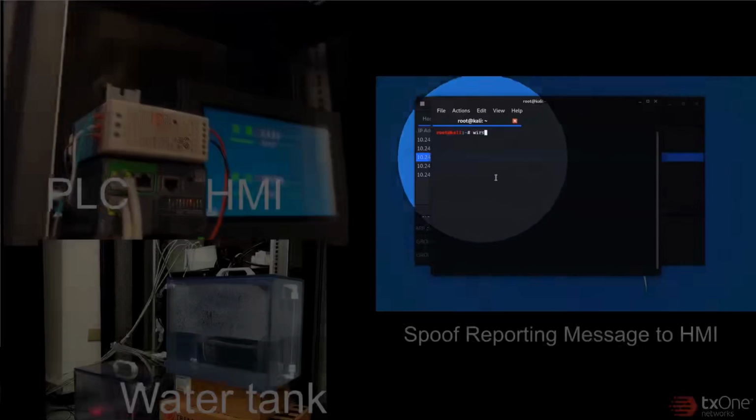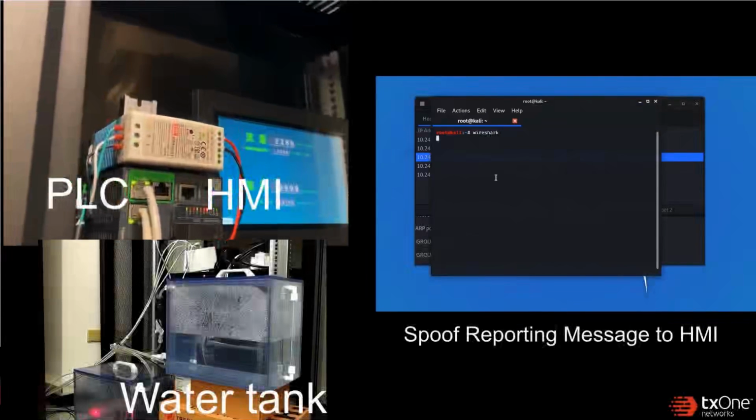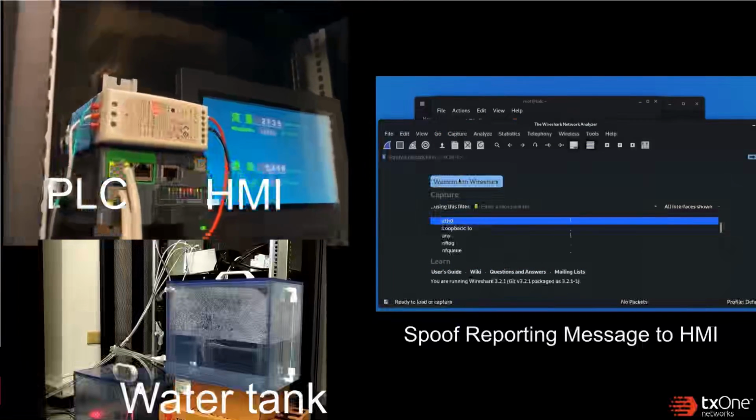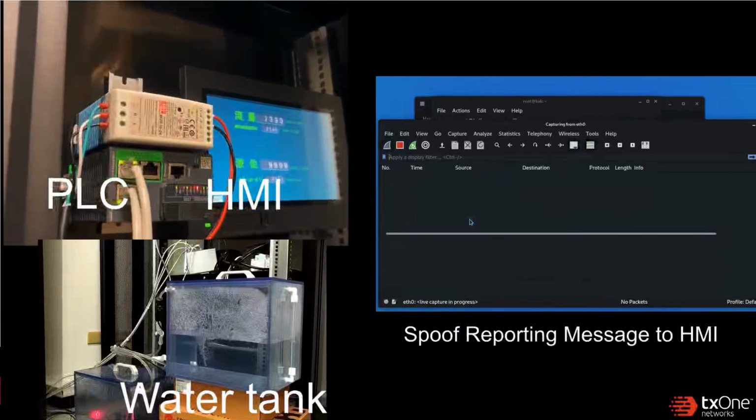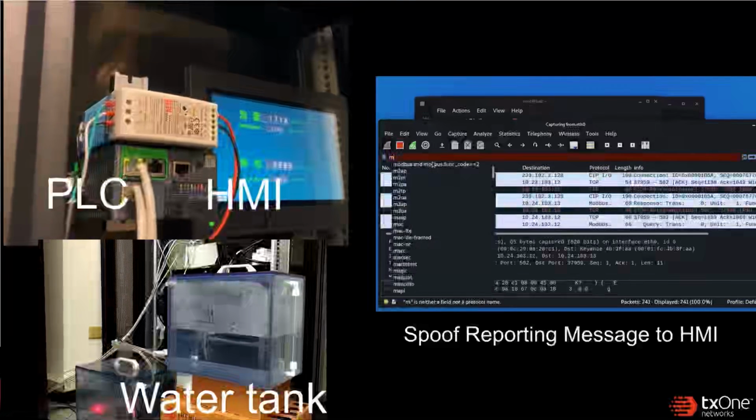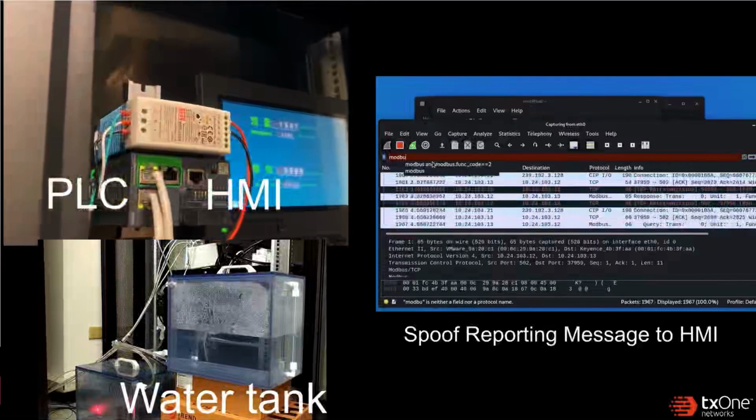So we spoof the reporting message to the HMI. After we perform the ARP spoofing, we open Wireshark to make sure the Modbus TCP traffic goes through our attacker Kali Linux.